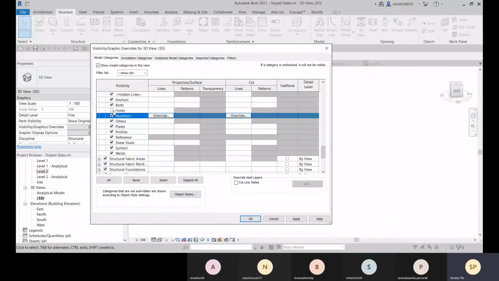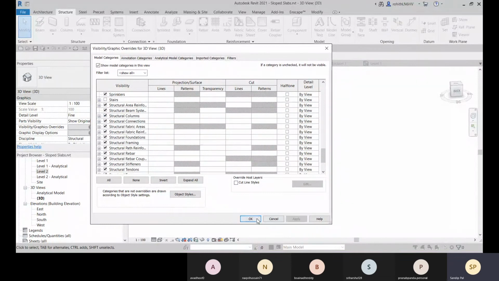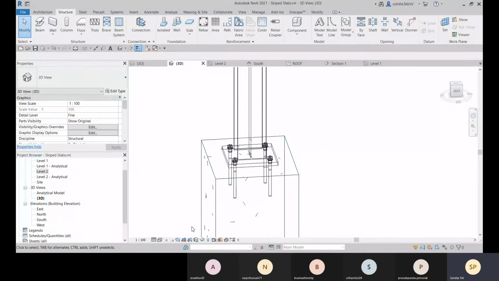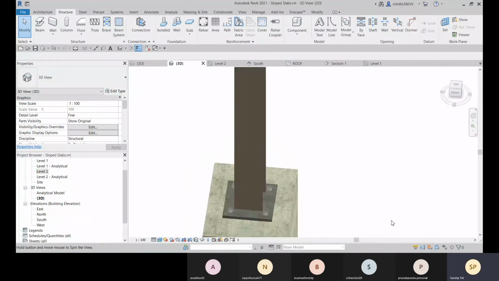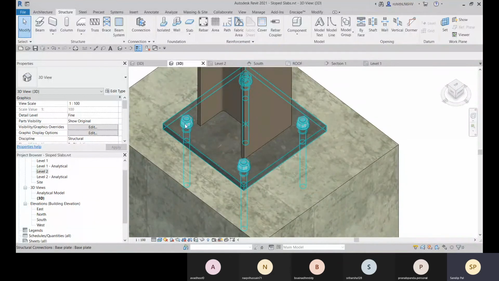So make sure these are all selected in this structural connection and click on apply and OK. And now we are able to see it. Right. Now you can see that these are your anchors, and this is the base plate.